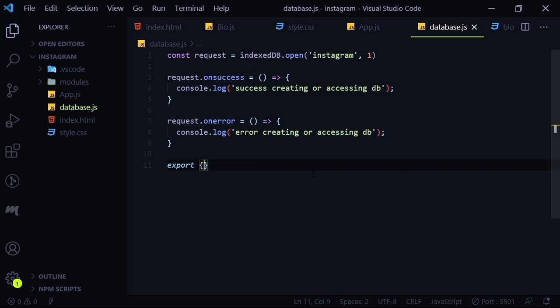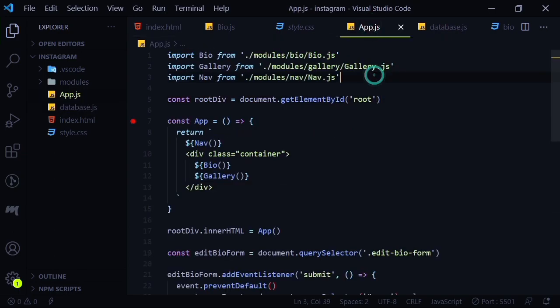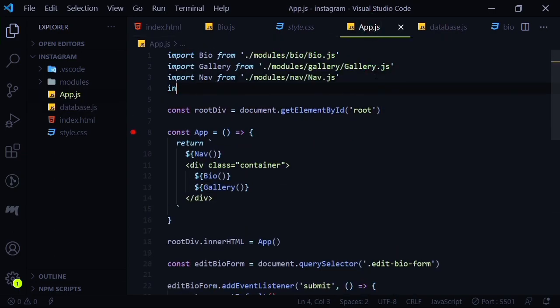We can do export and then curly brace and name the different variables. So we'll be exporting different variables, functions from this particular database.js file later on. So instead of doing export default, let's have export request. Now just that, and we can convert to our app.js file and import on line 4,